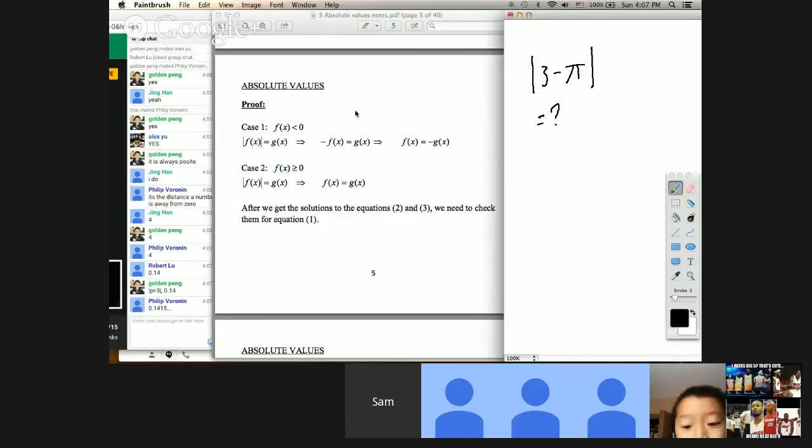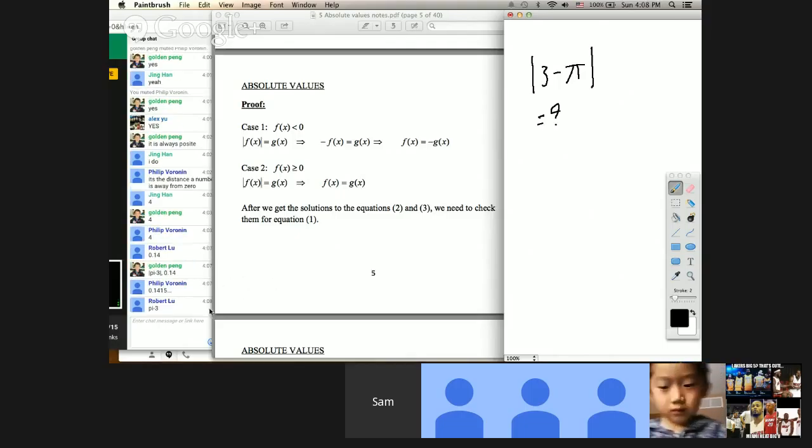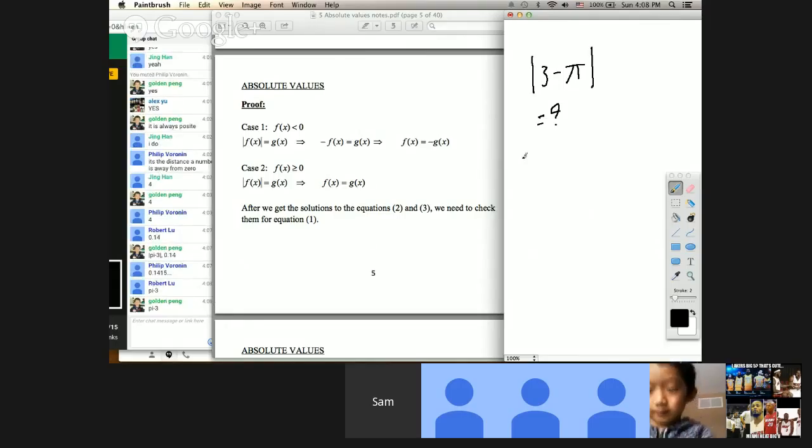Okay. You guys all have the right answer, but not what I'm asking for. I think this is kind of the closest to what I'm asking for. So I said simplify this in terms of pi. Do you guys know? So in terms of pi. It's good that you gave me a decimal, but it's not what the question asks for. Right. As you can see, the inside is going to be negative because 3 is less than